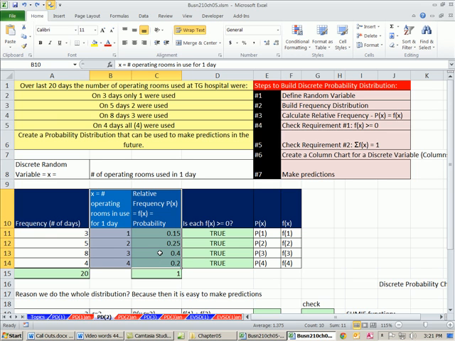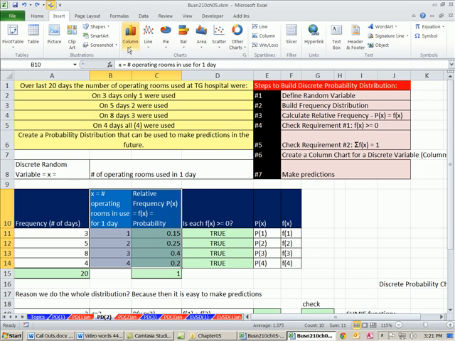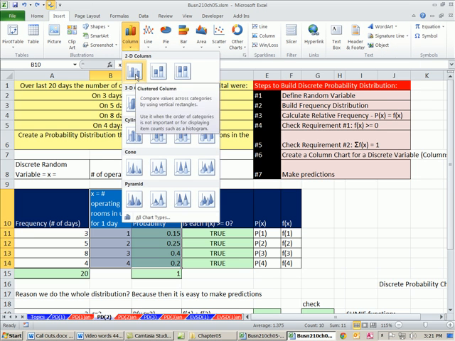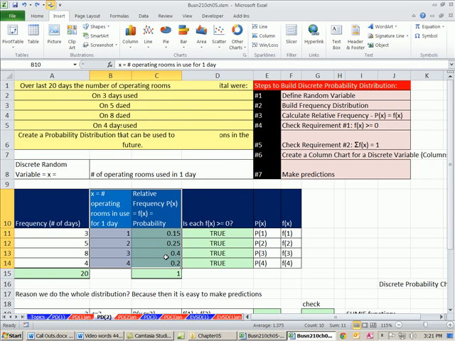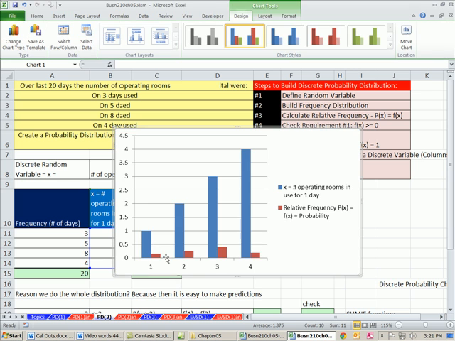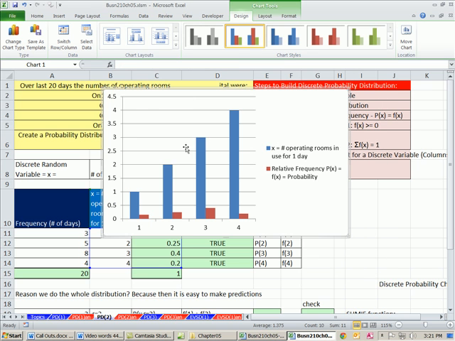I'm going to highlight these 2 columns. Go up to Insert Column right there. Or we could use our keyboard shortcut Alt F1. That is a keyboard shortcut in 2007 and 10 that creates the default chart on the current sheet. We talked about that before. By all means, go up to Insert Column. Now, this chart, and we talked about this back in chapter 2,